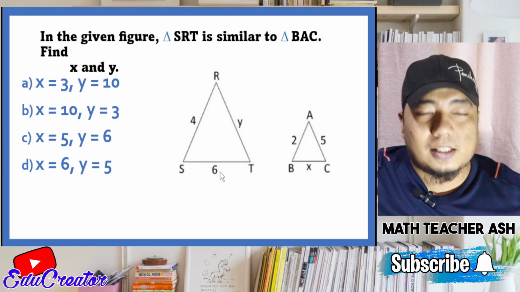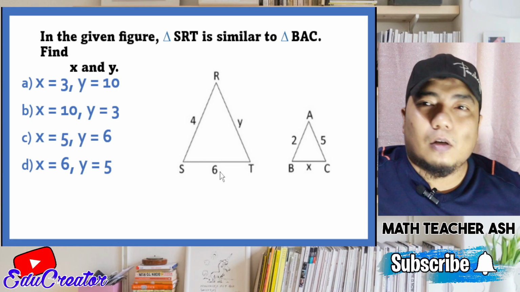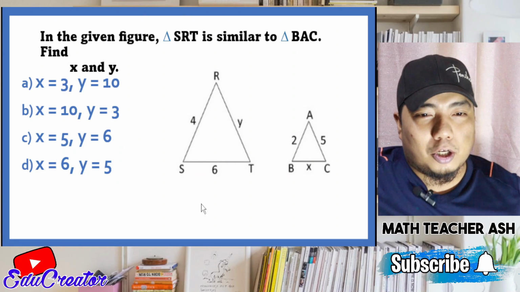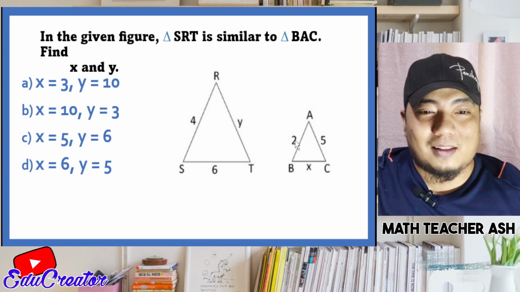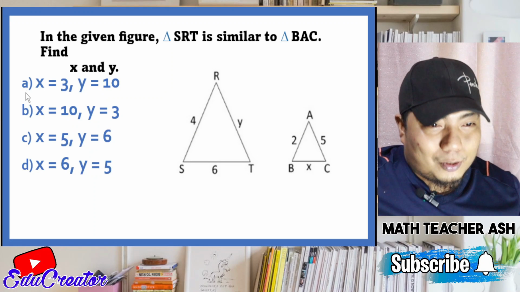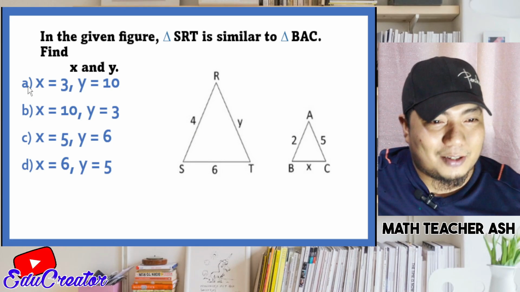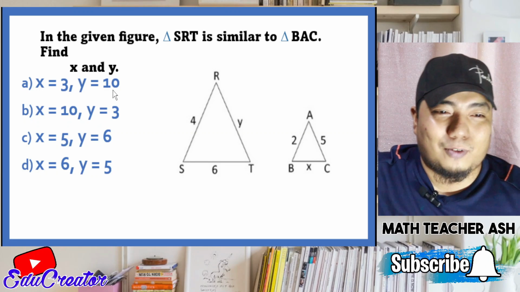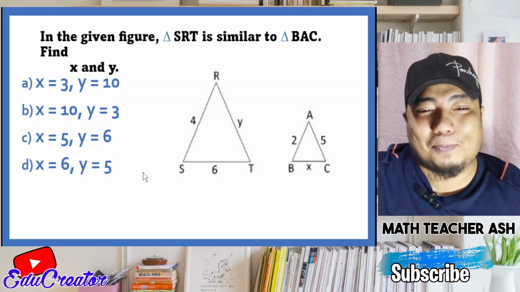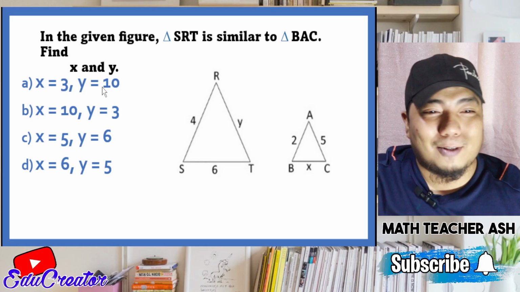So 4 and 6, if you get the scale factor of 4 and 6, or 4 over 6, the answer is 2/3. So it is already given that this is 2. So therefore, our x here is 3. So therefore, the correct answer is letter A. So no need to solve for this one, but for compliance purposes, let's try to solve how did he get